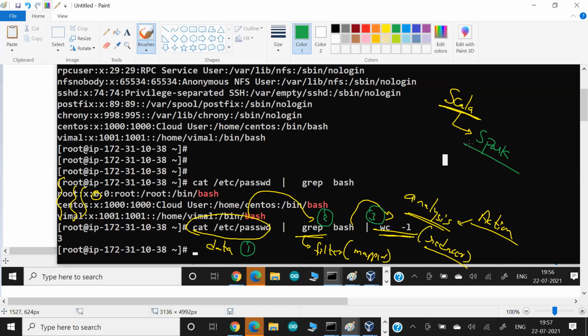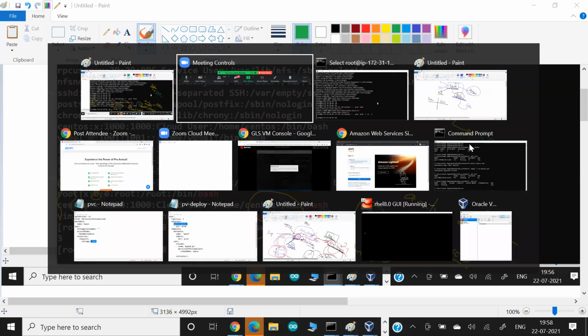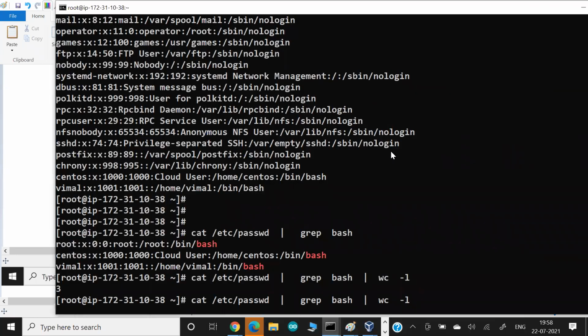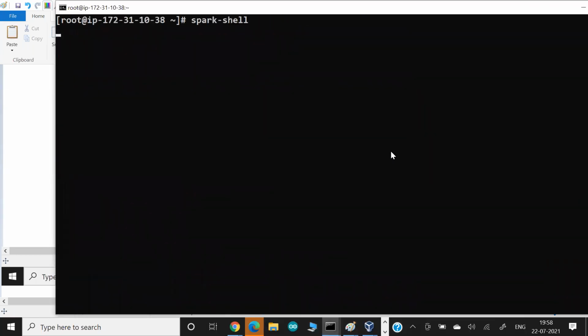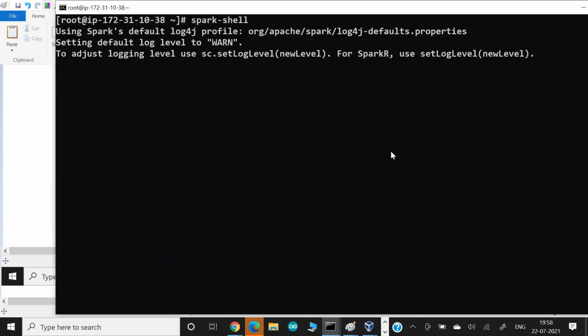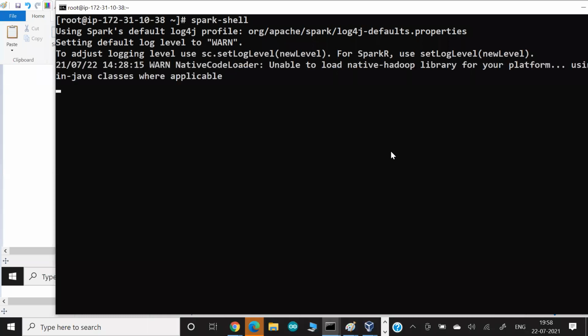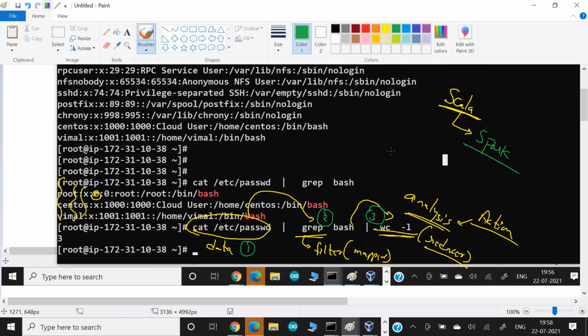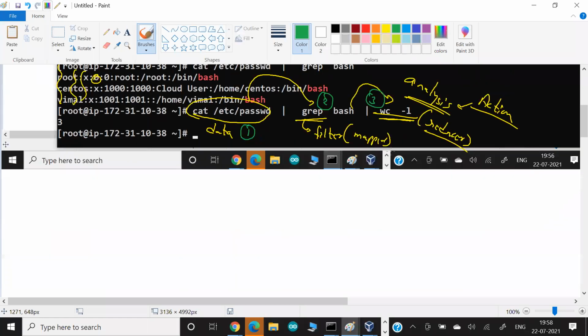Okay, so how can you do it? Obviously you have to first connect with the Spark cluster. How? You guys know there's a command. So we are connecting to the Spark cluster, and it will prompt you with a language called Scala. Now I will tell my Scala what I want to do here.